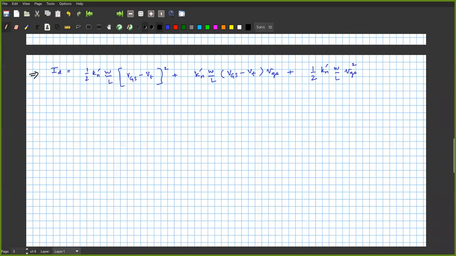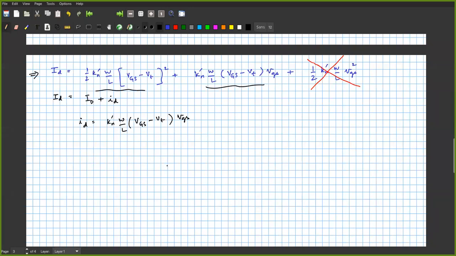ID is equal to these three terms. If I've made a very nice linear amplifier out of it, I will not get the last term; I will get these two terms. So from this, I can write ID as this term would be capital ID, and this term would be small ID. Essentially here we are saying small ID is Kn prime W by L into VGS minus VT into VGS.